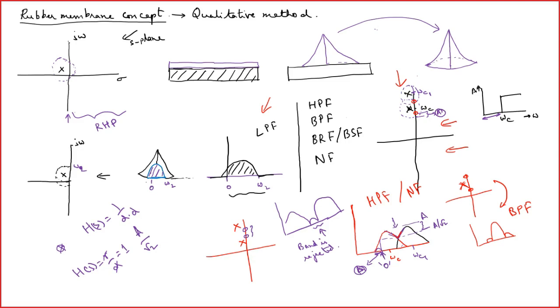Now another important thing is that when we talk about the band pass filter and band reject filter or band stop filter, we can design these filters using a combination of low pass filter and high pass filter. Okay. So I would tell you first the band pass filter. So what happens over here? You are having a signal Xn.